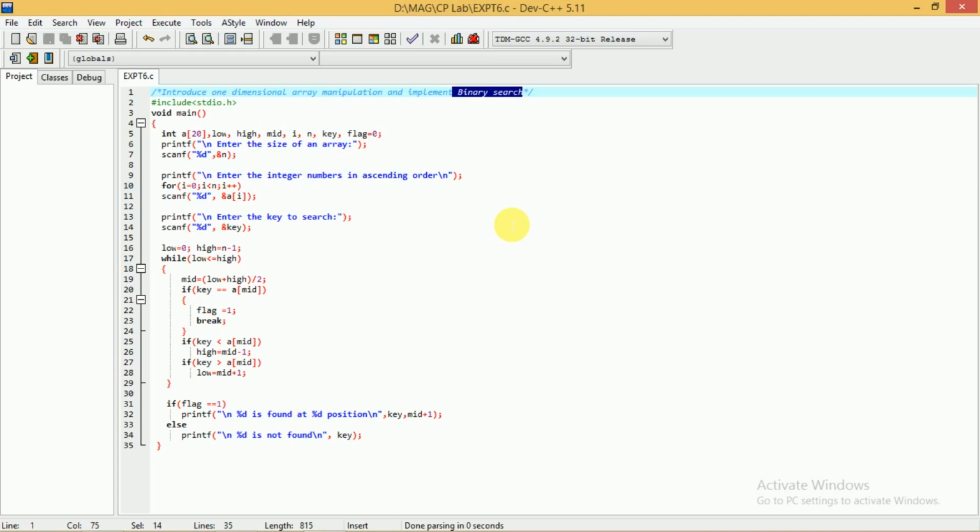Before we see the program, in short I will explain how exactly this binary search algorithm works. In order to use the binary search algorithm, the condition is that all the elements in the list should be sorted in ascending order. This is the condition.